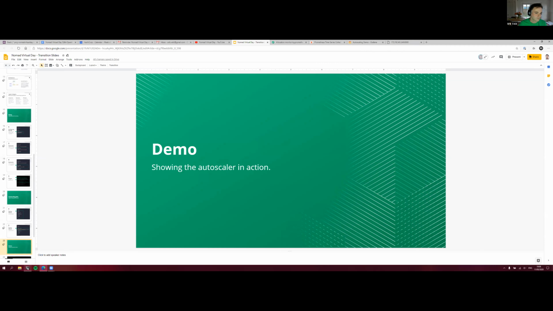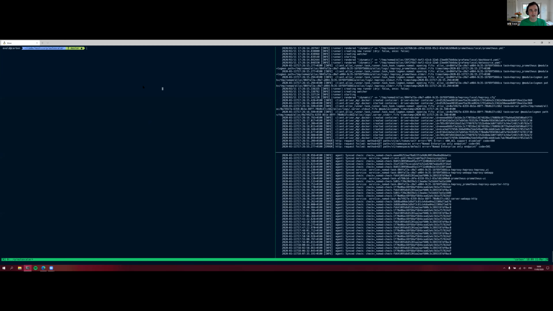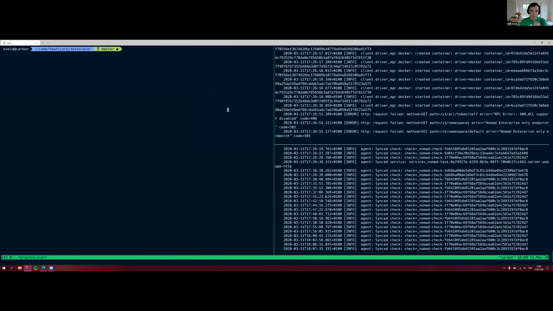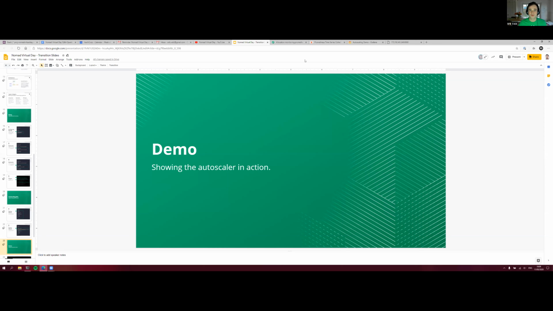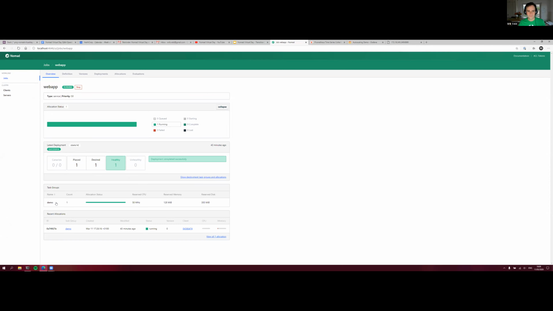So I already have Nomad running here and Consul running here. I'm assuming I will need to zoom in slightly for this to all be visible. So let me first go to the browser and show that I'm actually running Nomad right now. I have a web app running, and all the web app does is report its IP and port.